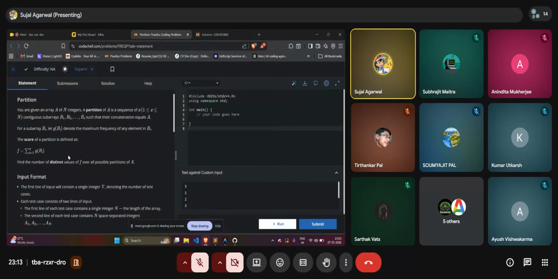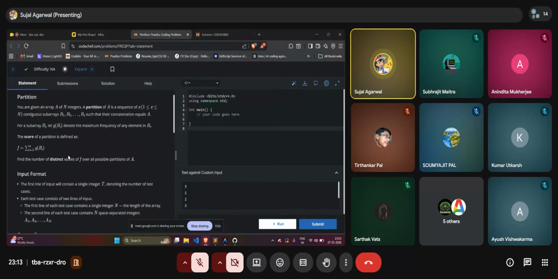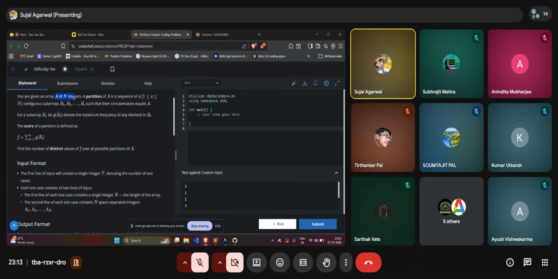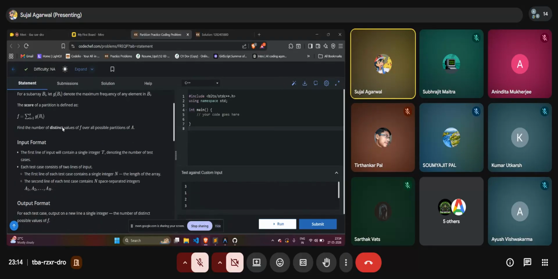सो पार्टीशन में बोल कह रहा है कि हमें एक एरे दिया हुआ रहेगा एन इंटीजर्स का, एंड लाइक एन इंटीजर्स को हमें पार्टीशन करना है बेसिकली. कुछ सब एरे से पार्टीशन करना है एंड लेट देम बी b1 b2 b टिल bx, लाइक x सब एरेज हो गए एंड दे शुड बी कंटिन्यूअस, राइट, कि मतलब अगर उन सब एरेज को अगर मैं जोड़ूँ तो मुझे ए ओरिजिनली मिल जाए पूरा। एंड देन हमें यहाँ पे एक फंक्शन डिफाइन की है बेसिकली, जी ऑफ बी आई।